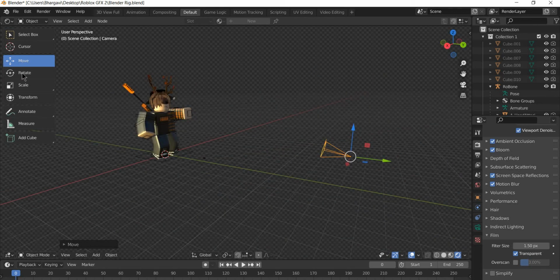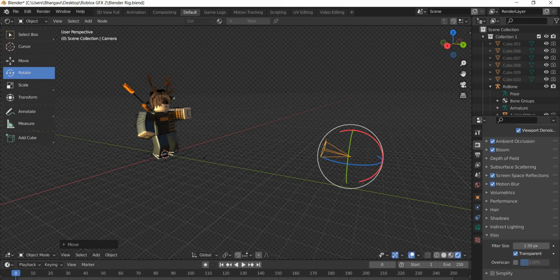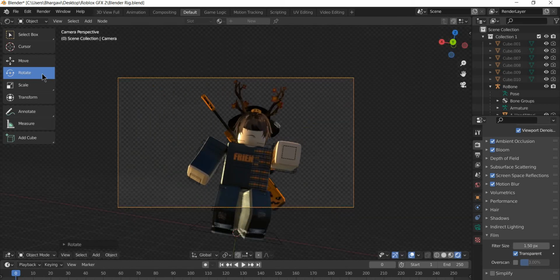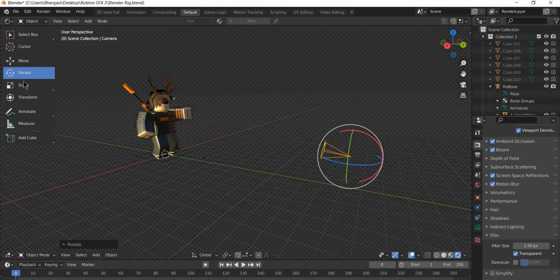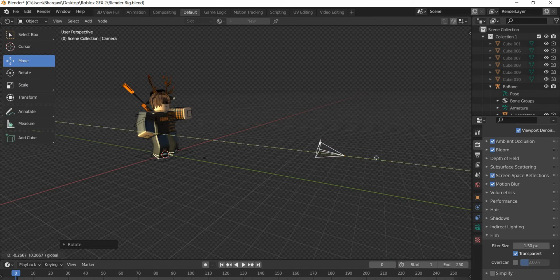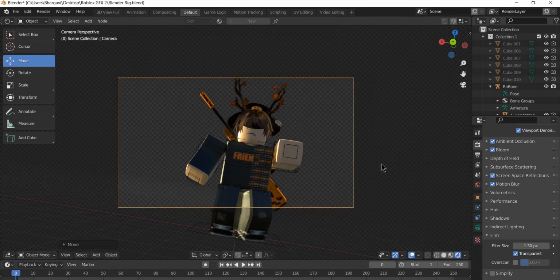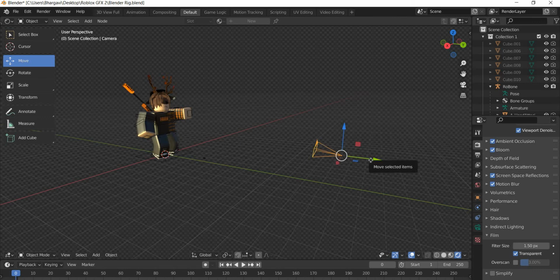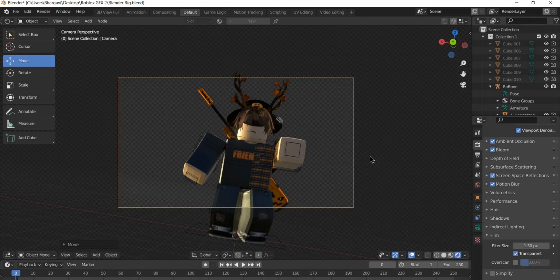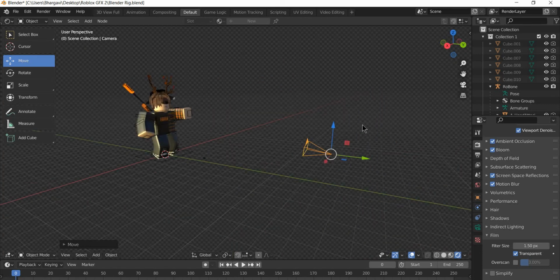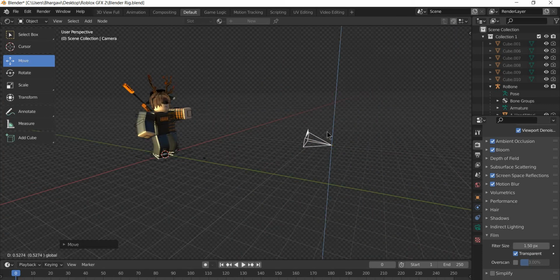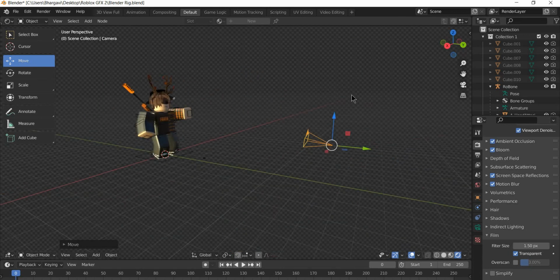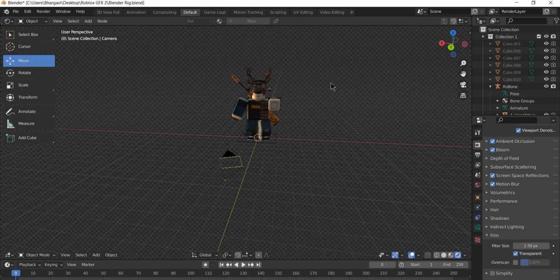Yeah, after you found yourself a good pose. So now I'm just going to bring this a bit down. Yeah, that looks cool. So I'm going to go to scale, not scale. Now I want to go to move tool. And just move it a bit front. After you found yourself your nice pose, sometimes it may turn out like what's happening to me. So yeah, after you found yourself a good nice pose, you want to follow me. So now you would just want to go back here, zoom in,